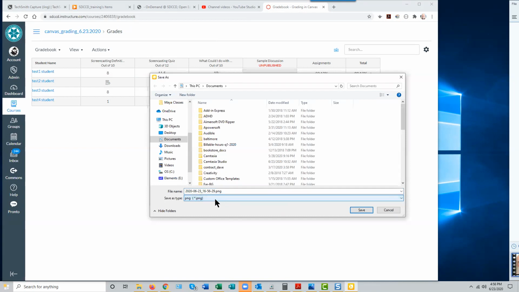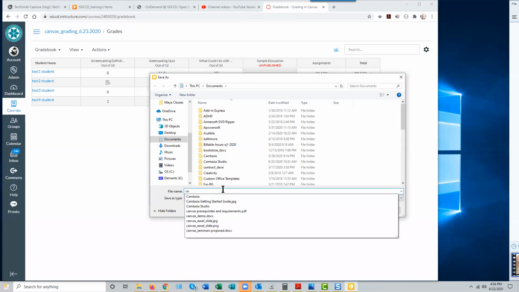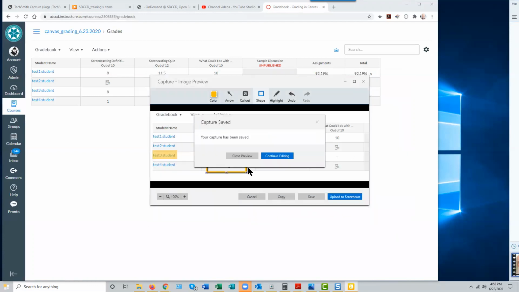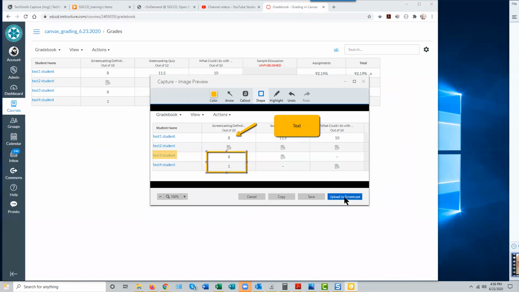and I guess that's the only option in this one, which is a perfectly good option. And you can rename it. Capture 1, or whatever. Save it. You can also